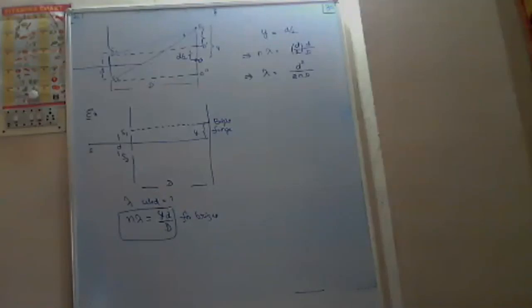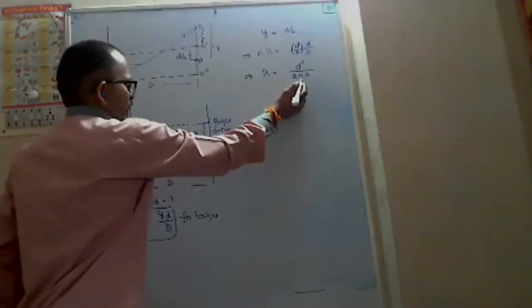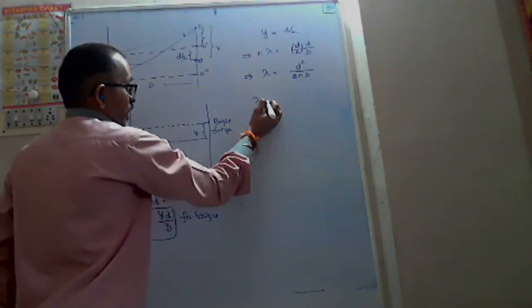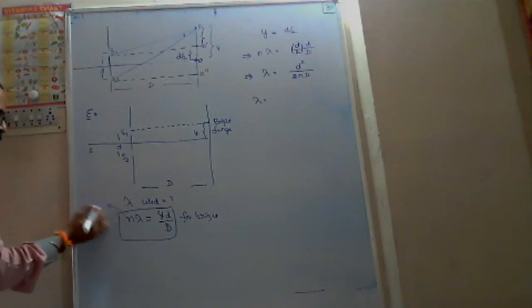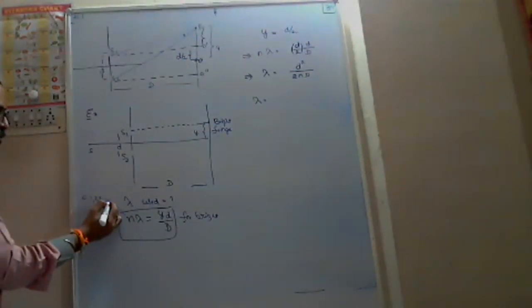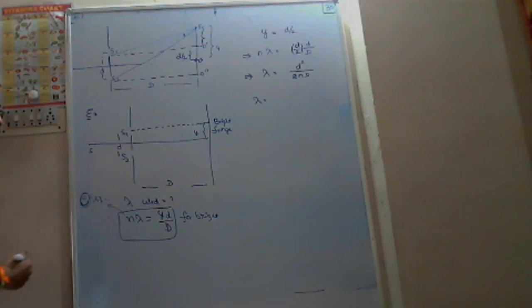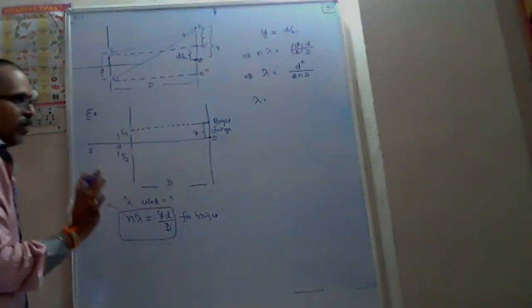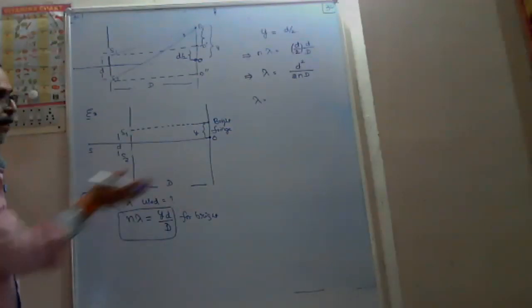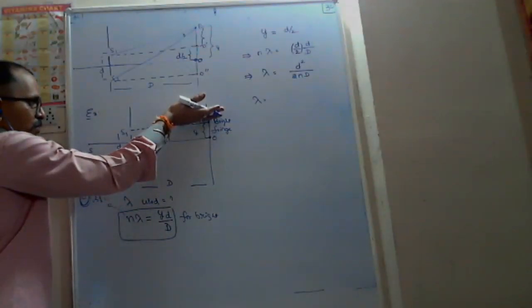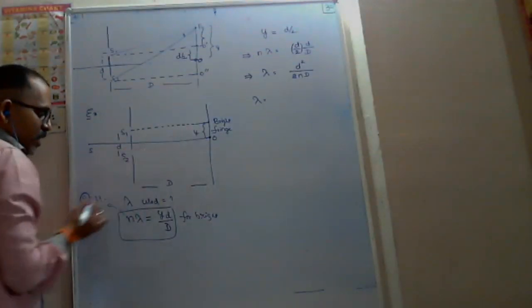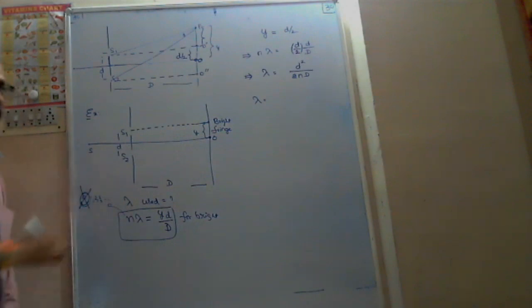By substituting different values of n, I will get different values. What are the possible values? This is bright number. Bright means whole number: 0, 1, 2, 3. But I am not interested to substitute 0. At 0, the zeroth band, the central fringe, will be formed, but I am taking a point a bit above. Y is not equal to 0, it is greater than 0. I should not take the 0 condition.